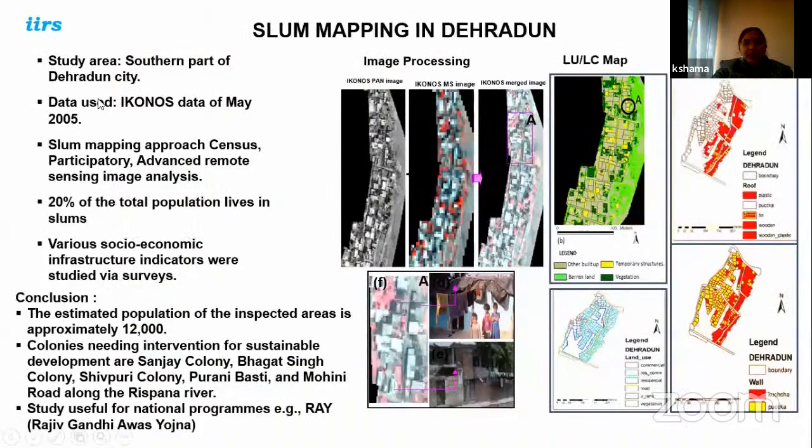Now this is one example of slum mapping, where using the satellite data, even the small building footprints of the slum have been mapped, and then data is collected on where they have a wall, where they have the water supply. So the data can be collected from the ground, and then analysis can be done.